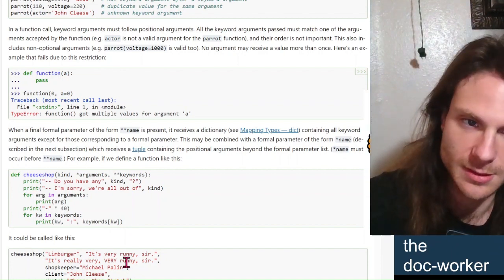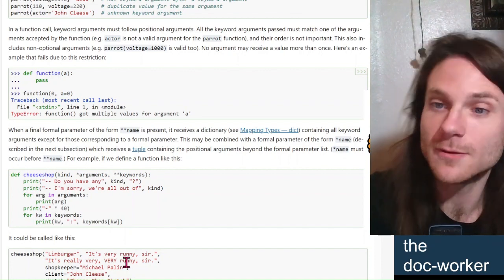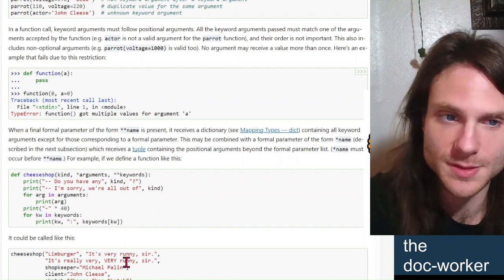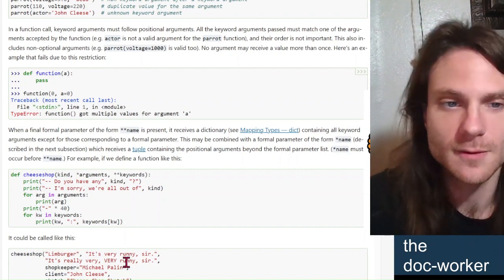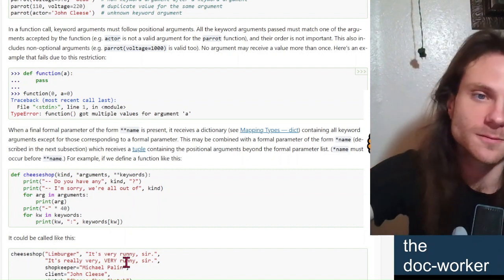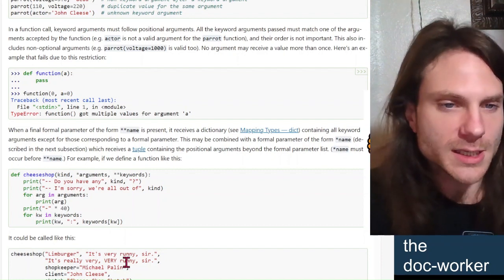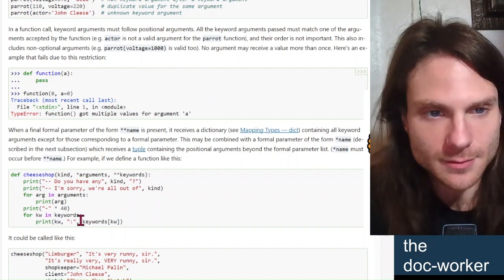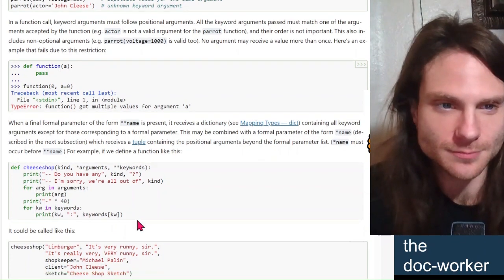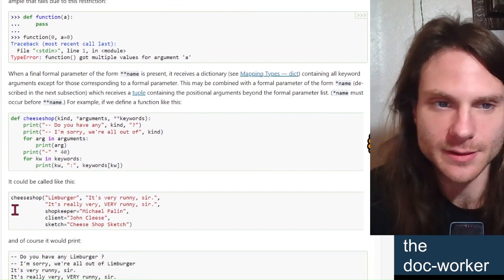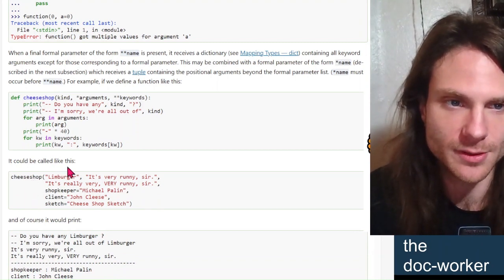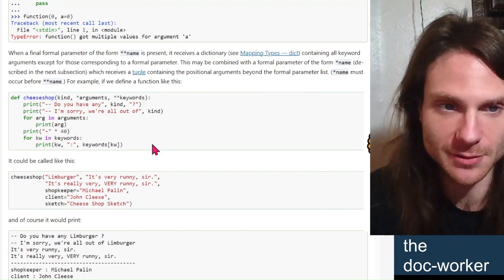Print the string hyphen times 40, and for kw in keywords, print the keyword followed by the string colon, followed by keywords, whatever is at spot keyword in sequence keywords. So it could be called like this: cheese shop function with passed in the string Limburger, comma, the string it's